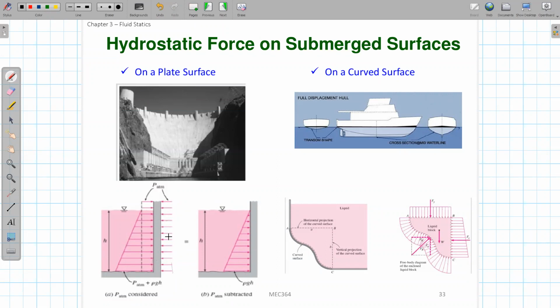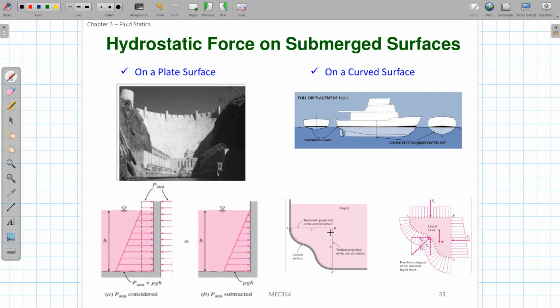With these cases, what we are interested in is the net force in this x direction. So you can use the pressure force on the left minus the pressure force on the right. This way, you remove the one atmospheric pressure level, and this will be the resulting net pressure profile, how the net pressure force acts on this surface. As you can see, it is not constant. It becomes larger as the depth becomes larger. So now the question is,